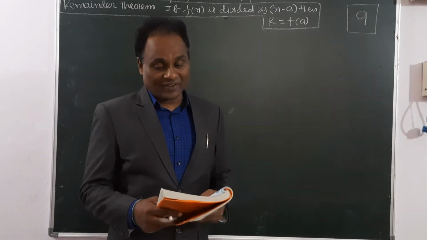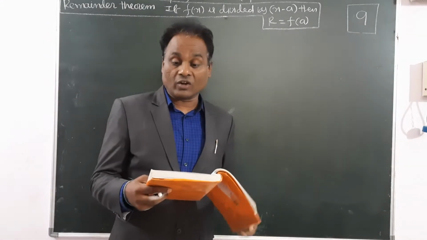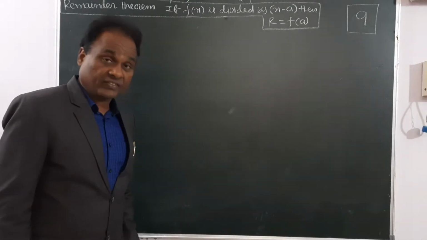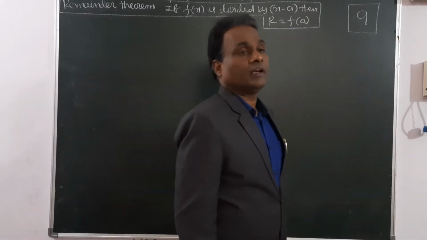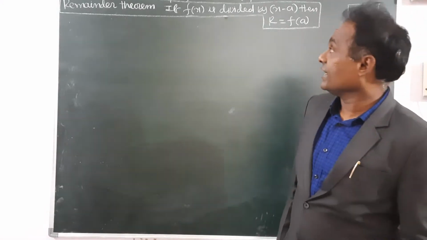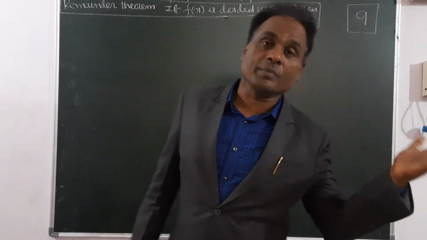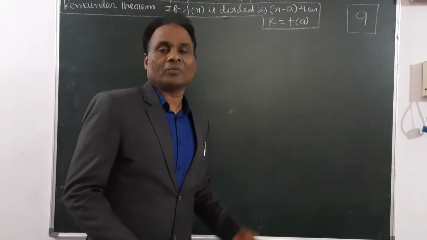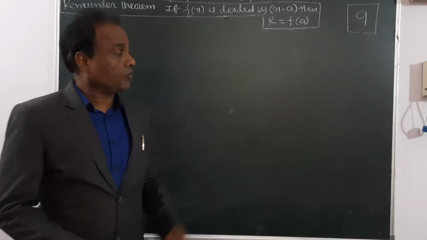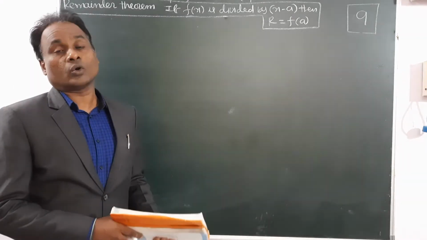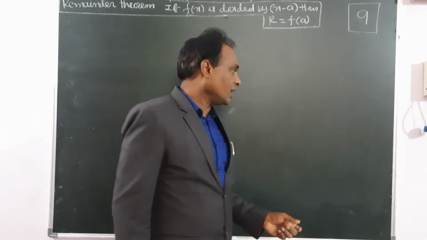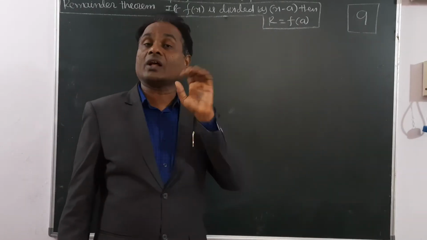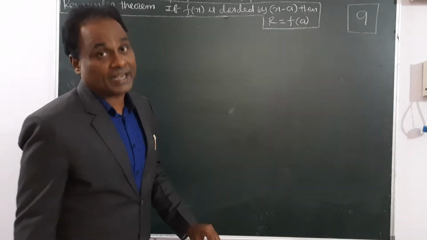So we are continuing our important chapter, polynomials and factorization. We completed the first exercise and also the second exercise, and after that we studied how to divide one polynomial by a first degree polynomial, a linear polynomial. I explained full, complete division, and also, without actual division, how to find the remainder. That is called the remainder theorem.